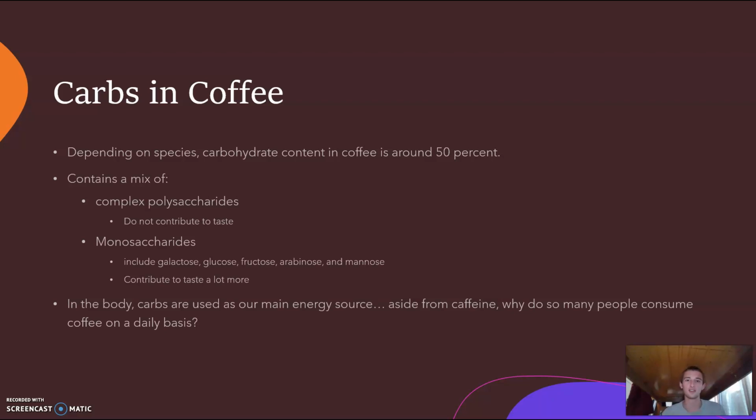And just a little exercise physiology here. Carbs are used as a main energy source when you exercise, mainly high-intensity exercise. Your muscles tend to use glycogen, which is made from carbohydrates. So aside from caffeine, can you think of a reason why people would drink coffee? I'll give you a second. All right, so basically,